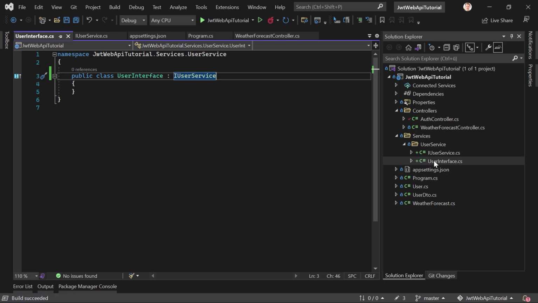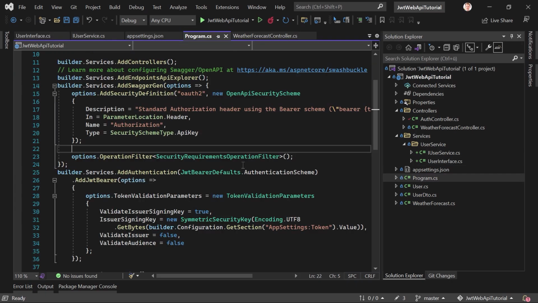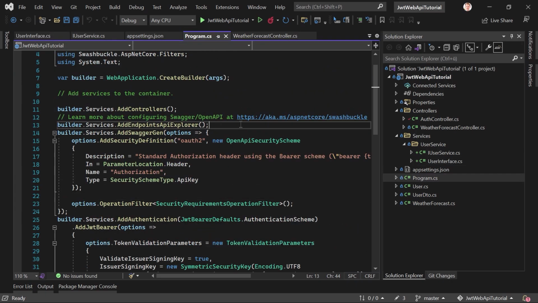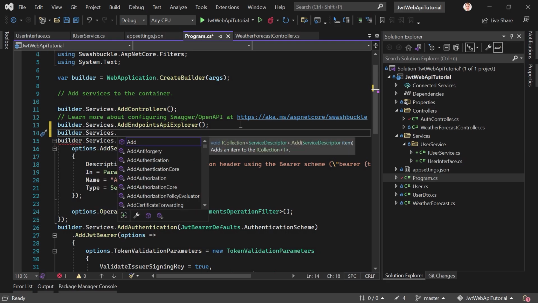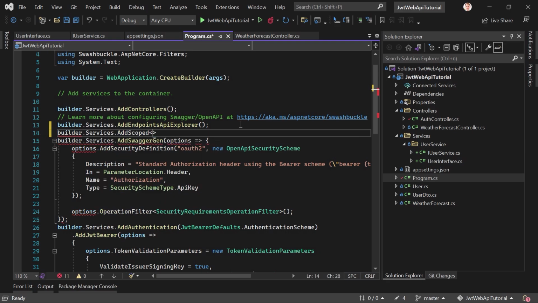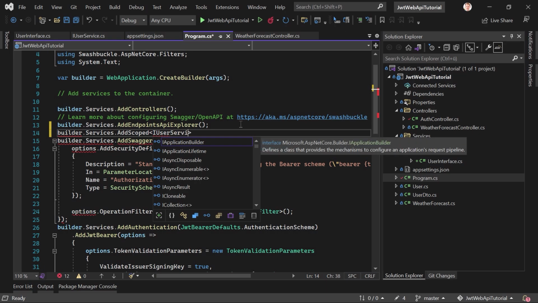Now, to be able to inject this, we have to register the service. So we go to the Program.cs, and for instance, up here, we say builder.Services.AddScoped, and then IUserService